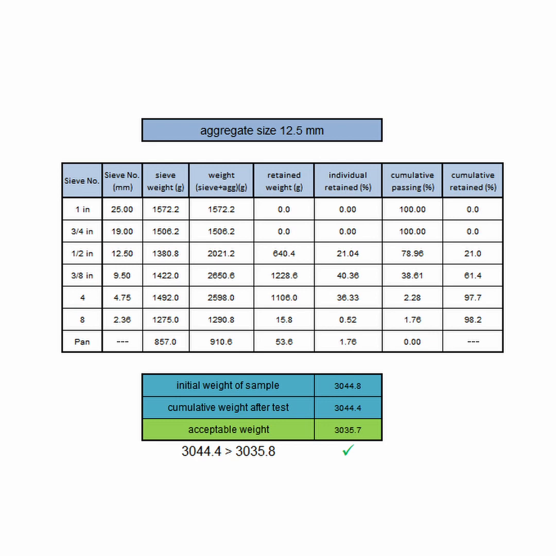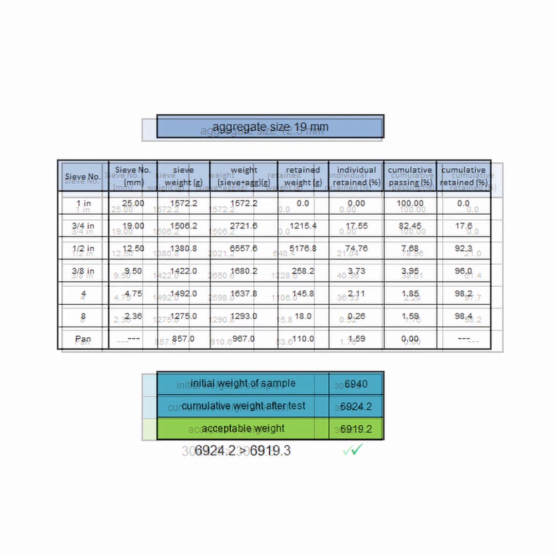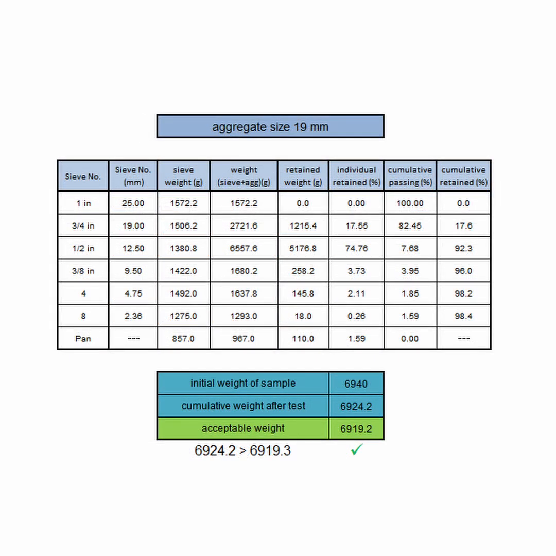Great! So now that we have completed the sieve analysis and calculated the individual weights, total weight, etc. for each aggregate size, we can move on to determining the optimal portion for each size in our mix design according to the ASTM C33. This standard provides grading requirements for coarse aggregate. The standard specifies the maximum and minimum percentages